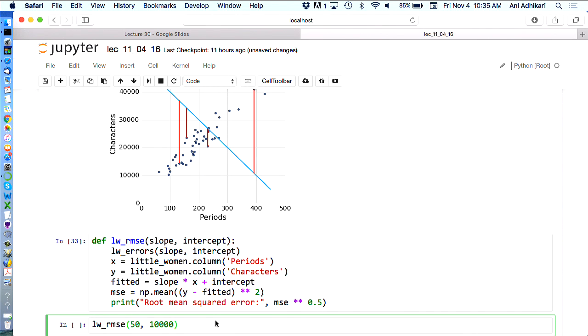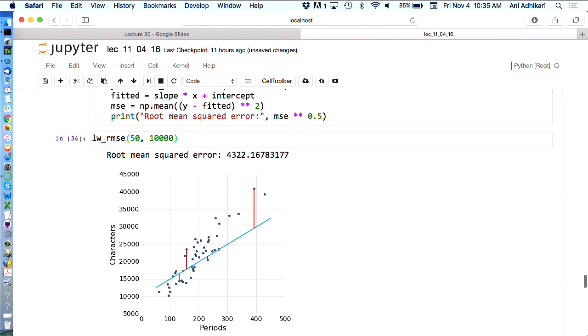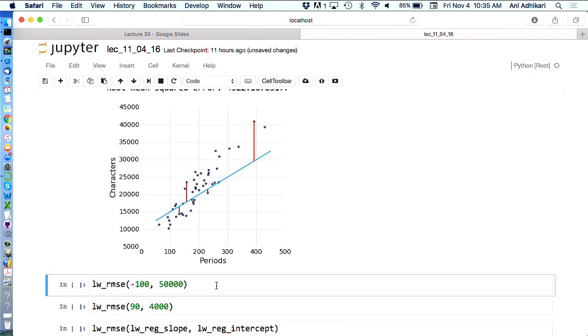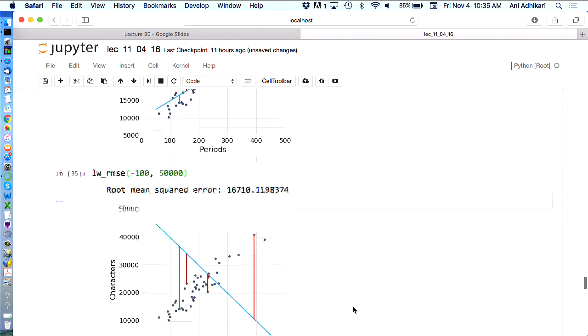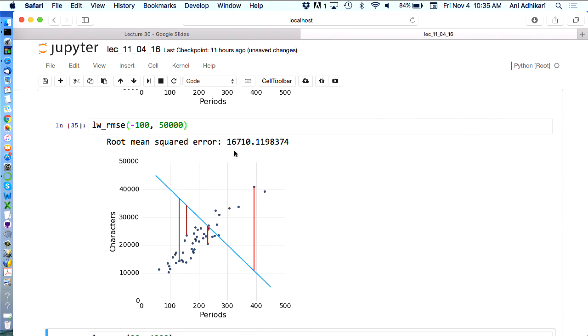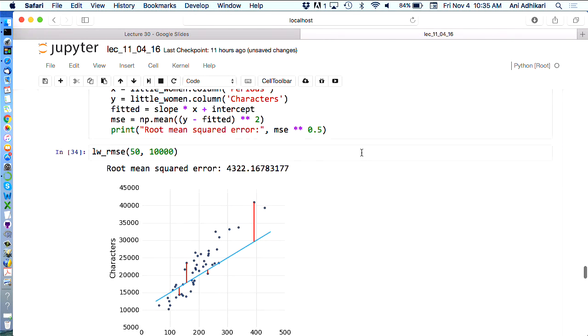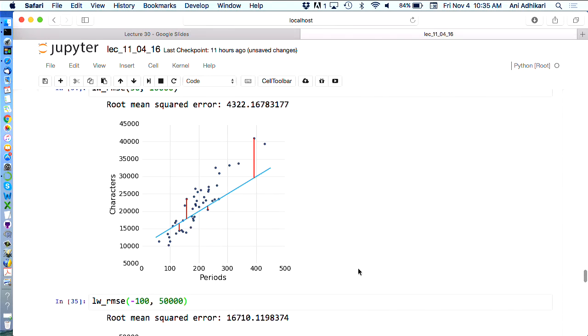And so we're going to do the exact same pictures. The only thing we're going to have now is we're going to get a sense of the error up here. Now, that 4322, I have no idea whether it's a big error or a small error or what. But I can compare with the error produced by a different line. So here's the silly line. Root mean square error, 16,000, almost 17,000. Much better line, root mean square error, about 4,000. Right? This is a better line, root mean square error, smaller. All clear? So, smaller root mean square error, better line.